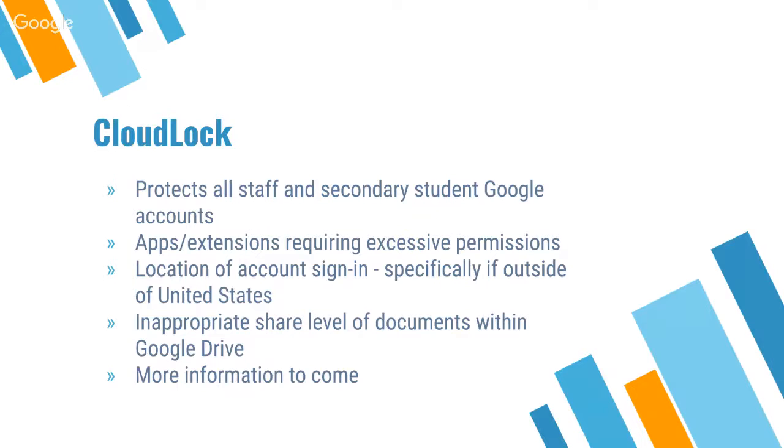So if it's not shared, it's not going to flag it. If it's shared with a couple of individuals, it's not going to flag it. But what it will flag is if you choose a public share level or perhaps a district-wide share level or a district-wide with link. Basically, share levels that can open up that document outside of the scope that it really should be shared with. So this is something that we've just recently adopted here within the last month or so,